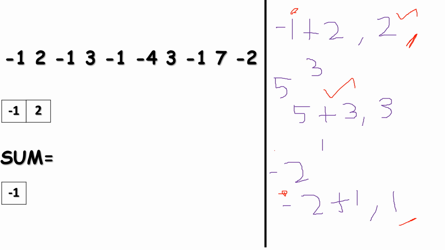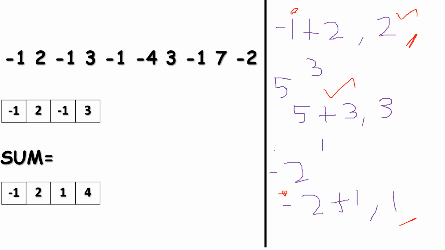Since we have a negative number in the sum already, we can take this 2 directly. Now we have a new number. Now we have a positive element in the array, or the sum already we have. So we are adding. Once again we have a positive number in the sum already we have. So we add again.